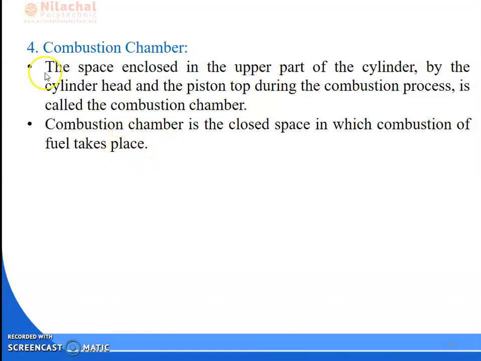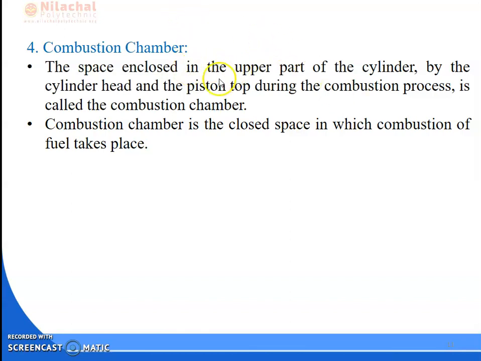The part of the IC engine we will discuss. So now we will discuss the combustion chamber. So what is the combustion chamber? It is where the air-fuel mixture, or the charge, is burned. In a petrol engine, the air-fuel mixture is the charge, or in a diesel engine, the air will be compressed and the fuel will be injected. So the place where the charge will be burned is known as the combustion chamber.